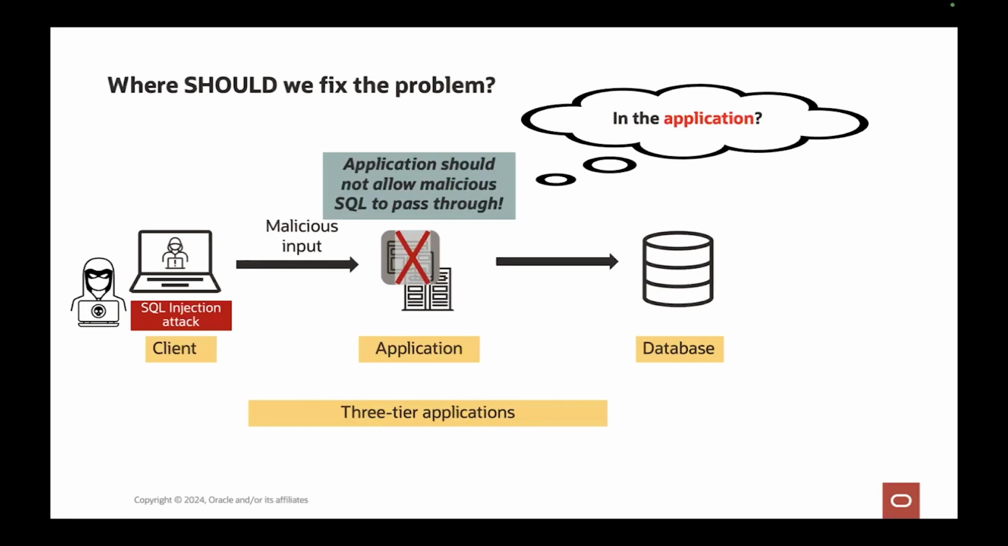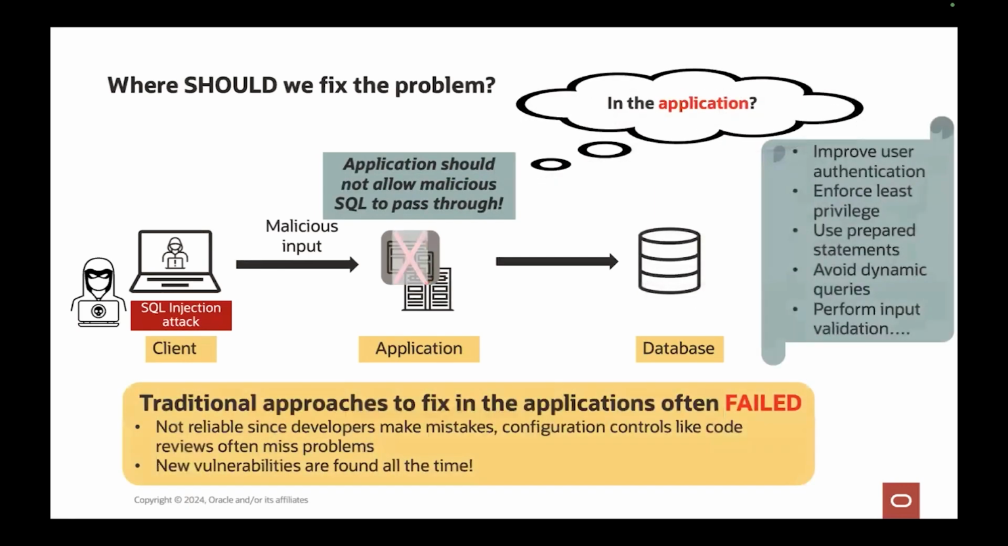So the first thought process was my application should not allow any malicious SQL to pass through. So at the application layer, you filter it out and just validate and forward only what is not malicious. Now, these were the traditional approaches at the application layer: improving the user authentication, enforcing least privileges, using prepared statements, avoiding dynamic queries, performing input validations. Not that these things should not be followed. It is always a good security practice to follow these at the application layer, but this has often failed to